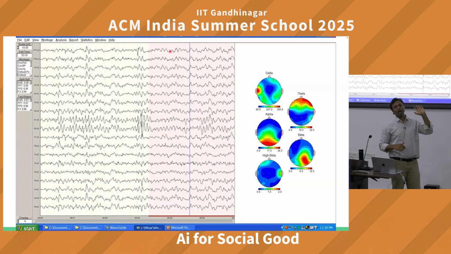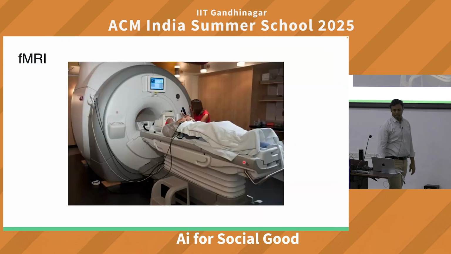Okay. Then we design a setup. Let's say I asked a person to move a hand, move your hand up or down, and then we see what activity is going on. And that allows us to estimate which part of the brain is giving this activity, what kind of activity is happening, what brain networks or what brain rhythms are involved. So this gives us a detailed understanding of where it is happening, when it is happening, and what is happening. Then there's another technique called fMRI.